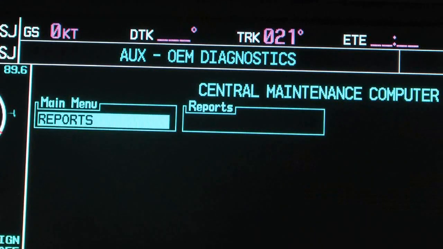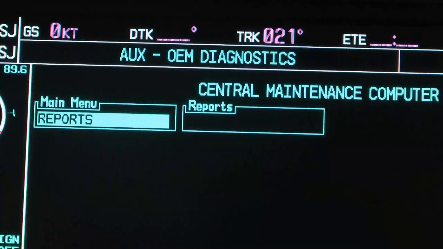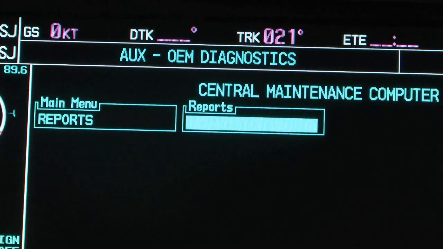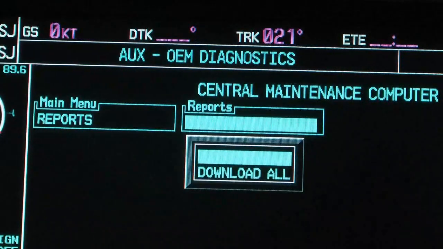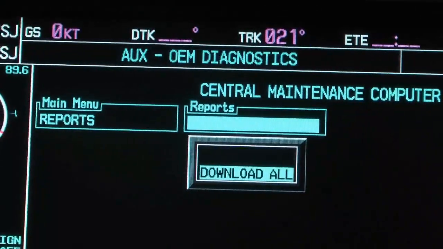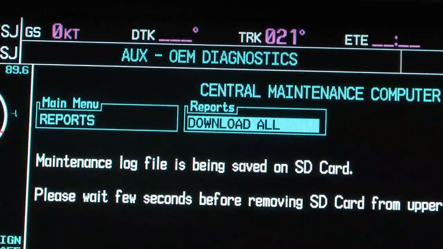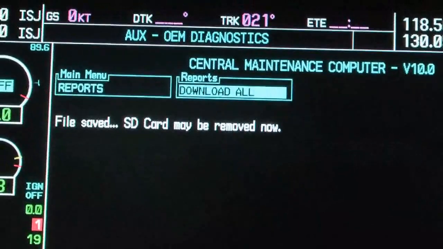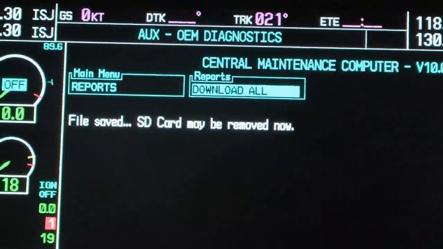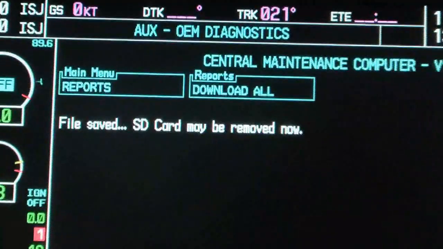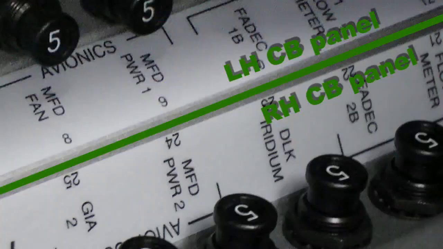Turn the outer knob of the dual FMS knob to get access to the Reports window. Turn the inner knob of the dual FMS knob to access a drop-down list and select the Download All option. Push the Enter key to confirm the selection. When the message "File saved, SD card may be removed now" is displayed,